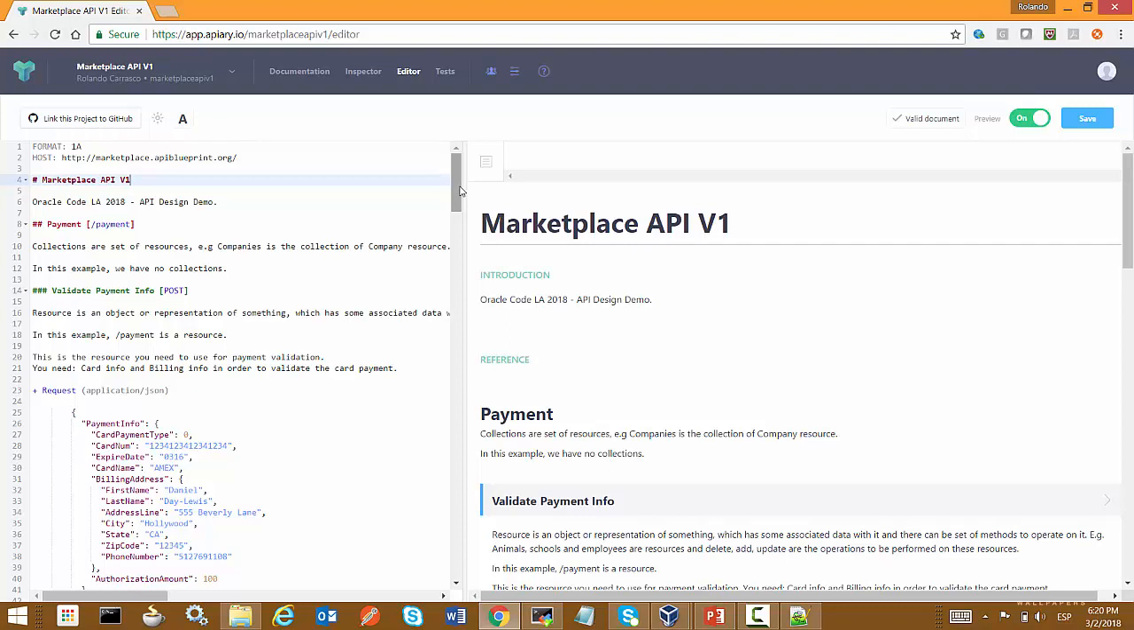Imagine we need to create a marketplace API. So probably we will need some resources for payments, for orders, for fulfilling those orders, for notifications to our customers, or pack and ship services, and that kind of stuff. So the first part of the API is a brief description about how this API can work, and then we are going to define the resources contained in